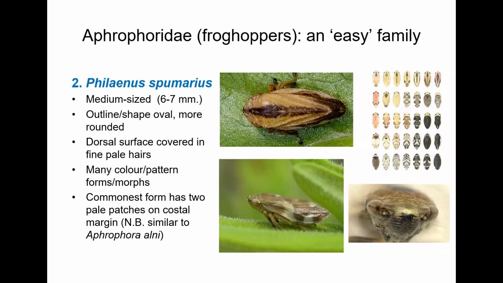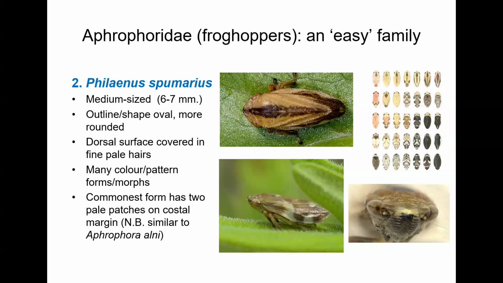But one of the commonest patterns, or one of the commonest morphs of this particular species, has those two white patches on the side of the wing that superficially makes it look a little bit like the previous species, the Auchenorrhyncha Recording. So sometimes they can get confused. And in fact, my experience with iRecord is that those are probably the two most frequently confused species that people